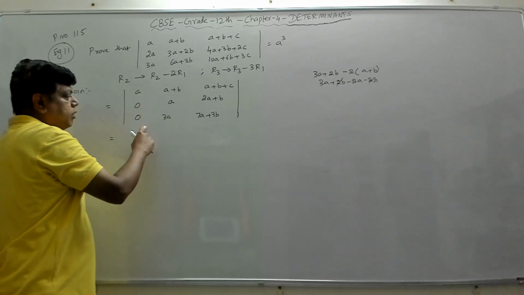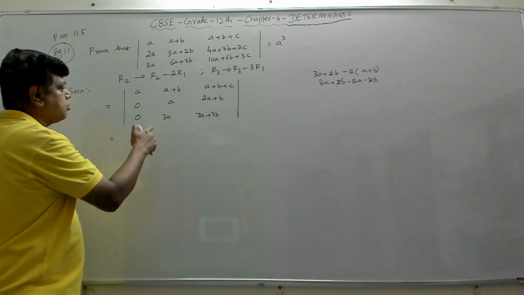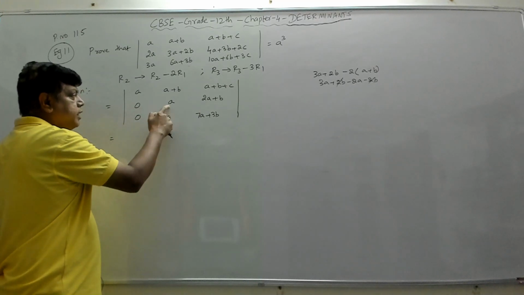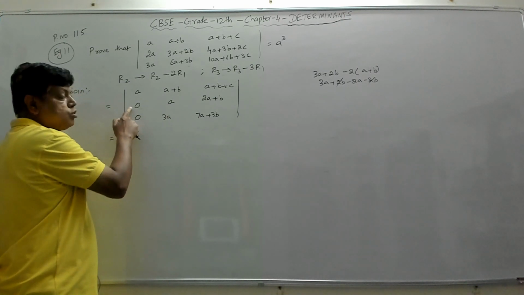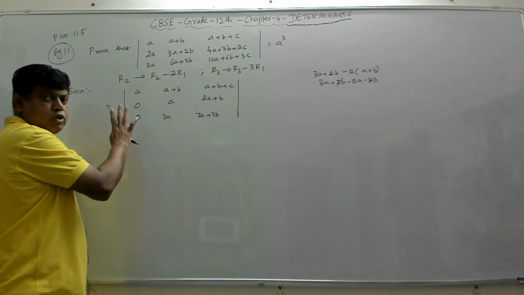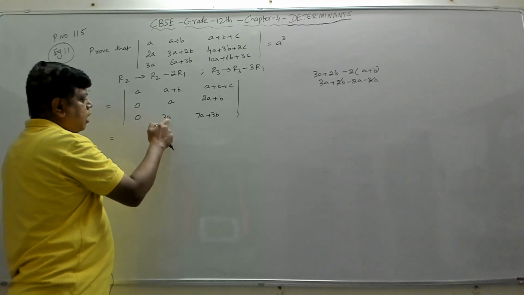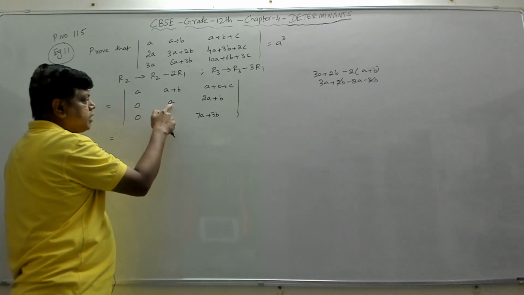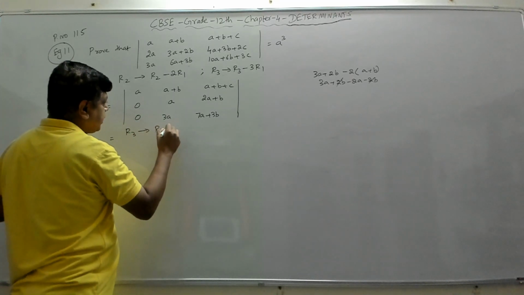So you can expand along C1, or we can also check whether we can make some more zeros if possible. Now if you observe these two, this can be made easily 0 by doing R3 equal to R3 minus 3 times R2. While making the other one 0, we should make sure that these two zeros don't get affected. So these two zeros should remain 0. Such an operation we have to apply. If I apply R3, which is 3a minus 3 times R2, which means 3 times a, it will make this 0. So we are going to apply R3 implies R3 minus 3 times R2.